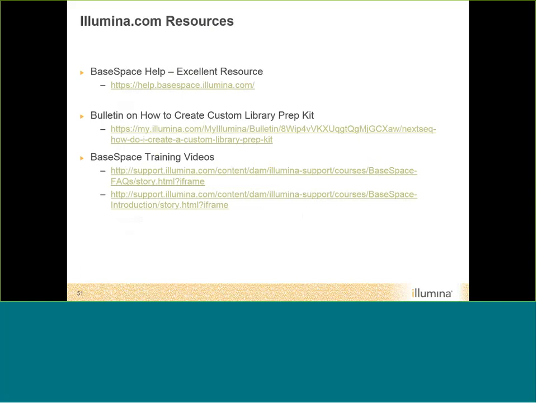Here are some excellent resources for you. There's help.basespace.illumina.com, which also describes PrepTab in detail. There's a very nice bulletin which tells you how to create the custom library prep kit. There are a couple of training video links that I've